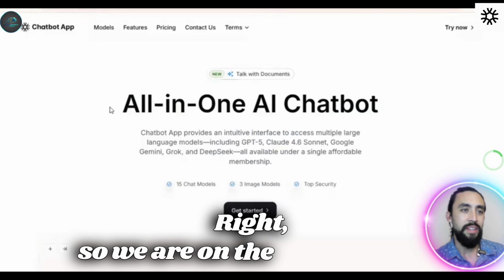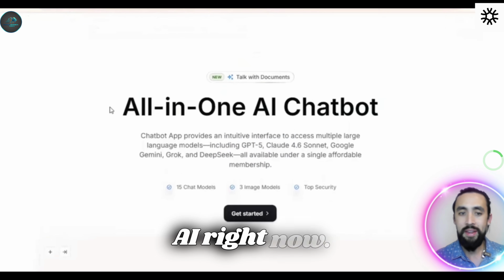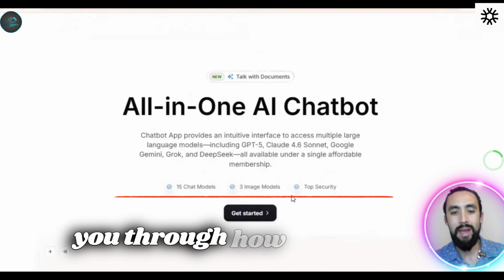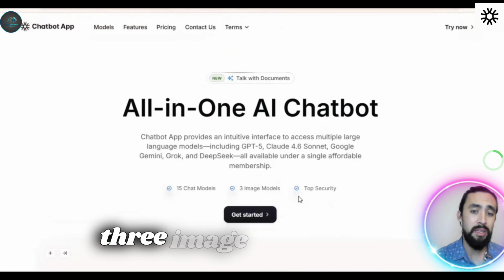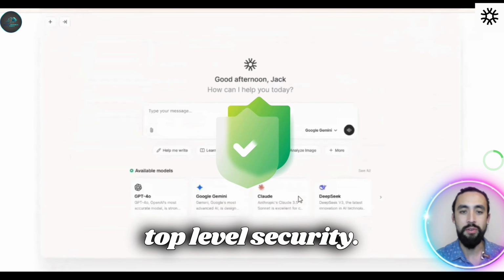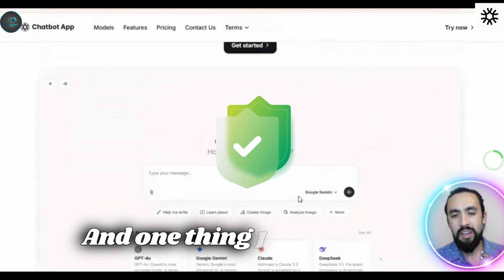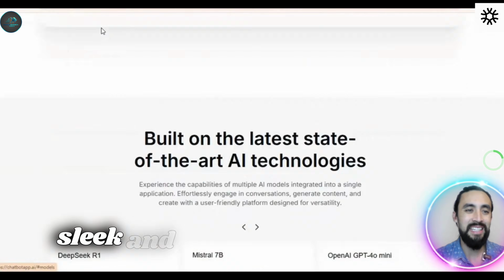All right, so we are on chatbotapp.ai right now, and we're gonna basically just walk you through how this works. You got 15 chat models, 3 image models, top level security. It's all super easy. And one thing I like straight off the bat is just how sleek and minimalist the